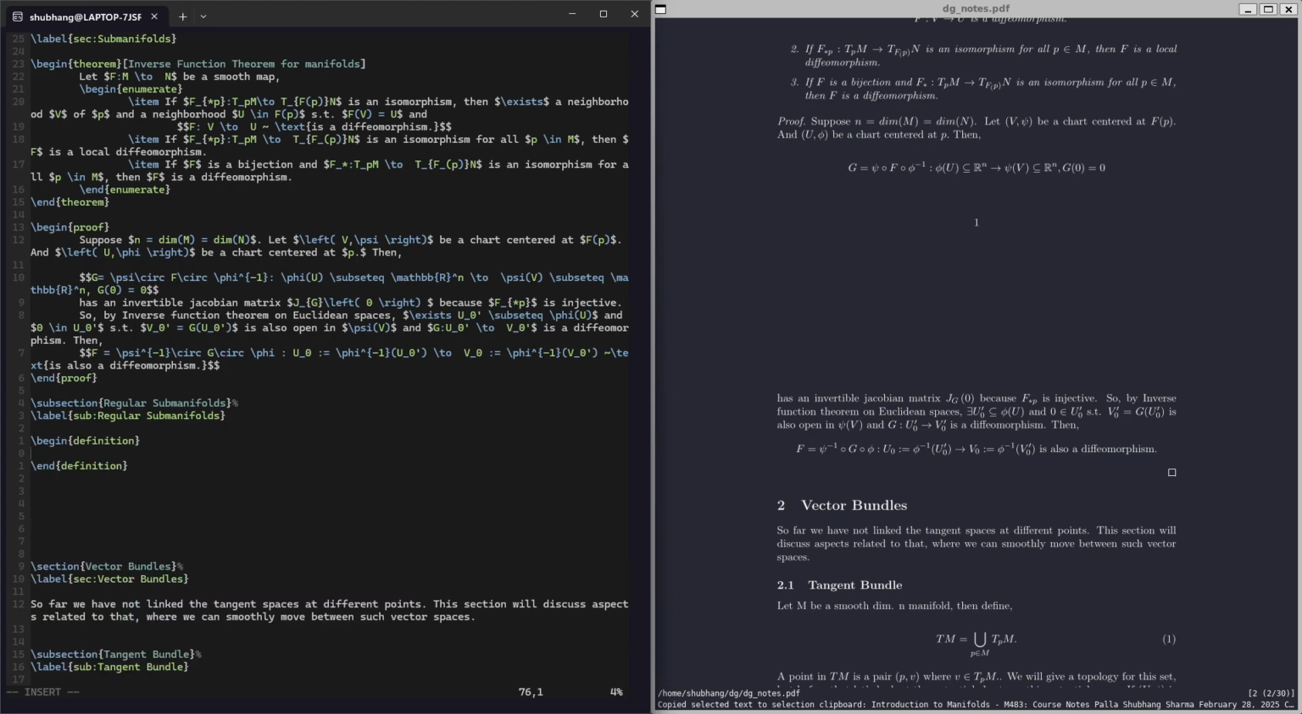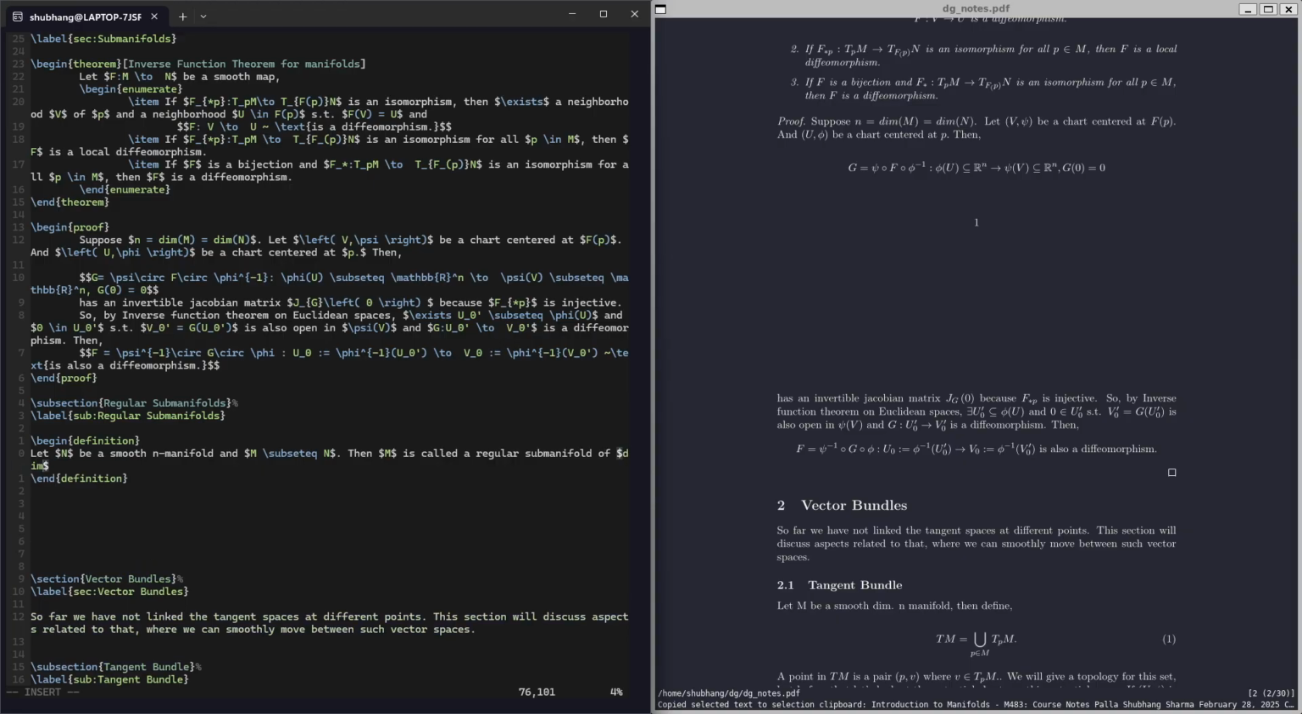Define what are regular submanifolds. Let N be a smooth n-manifold and M a subset of N. Then M is called a regular submanifold of dimension k of N if for any p in M there exists a chart (U, phi) of N such that